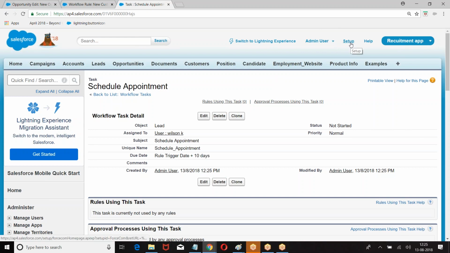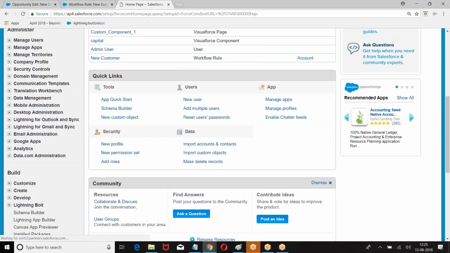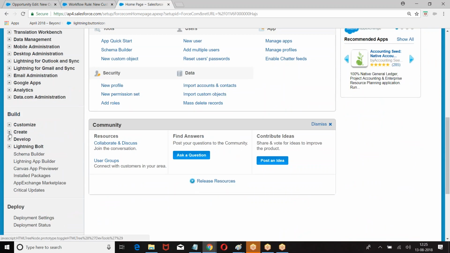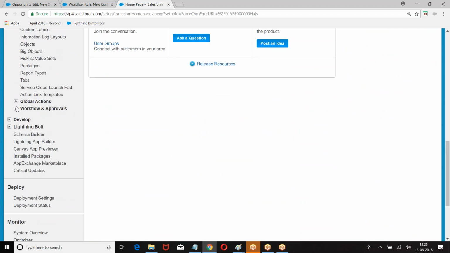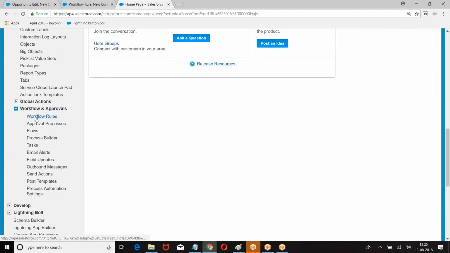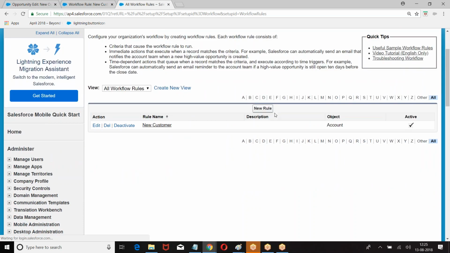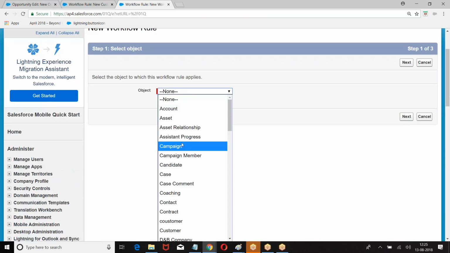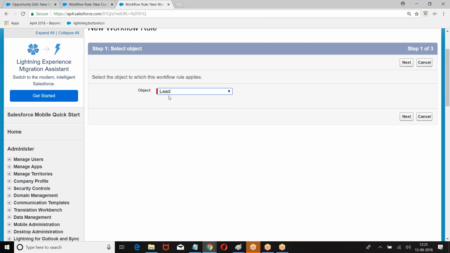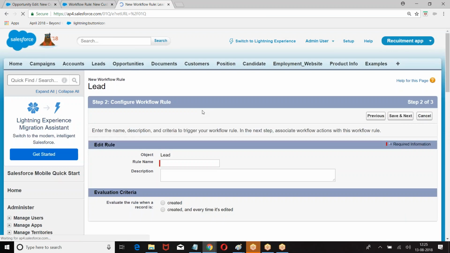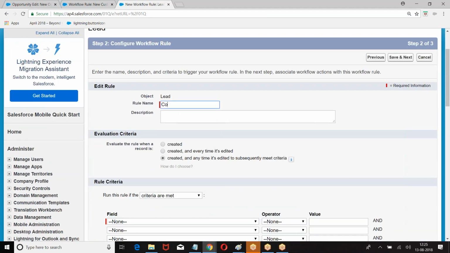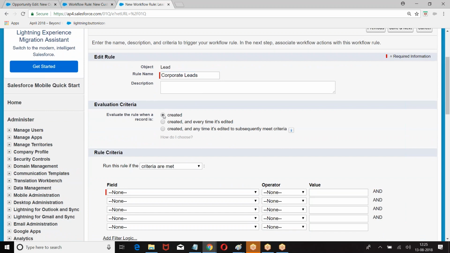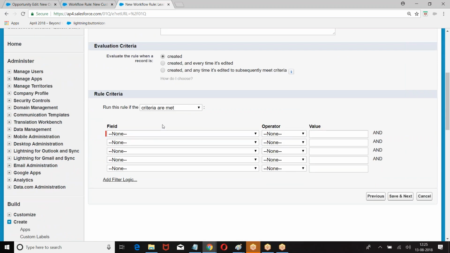How do you create a workflow rule? Setup, build, create, workflow rules and approvals, workflow, new. Then we had corporate leads, evaluation, created, rule criteria.